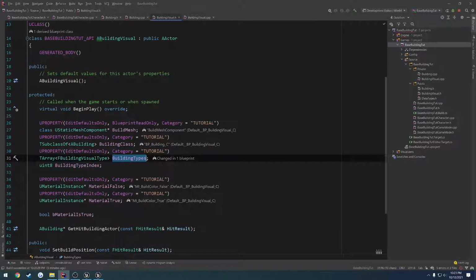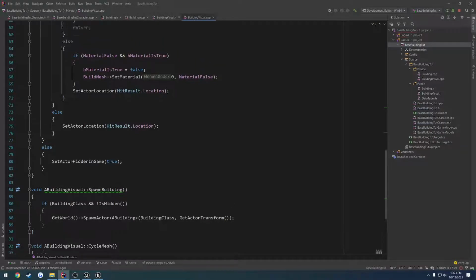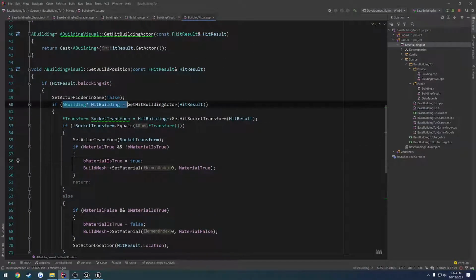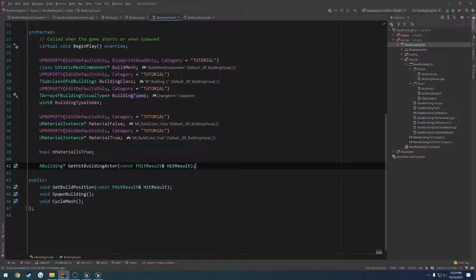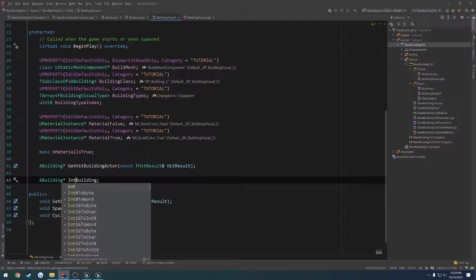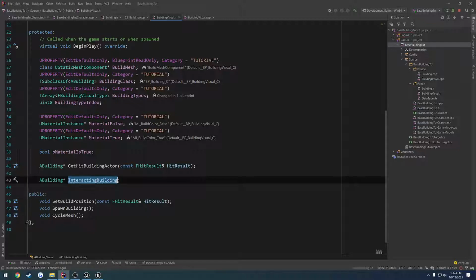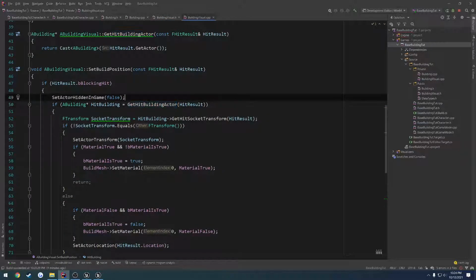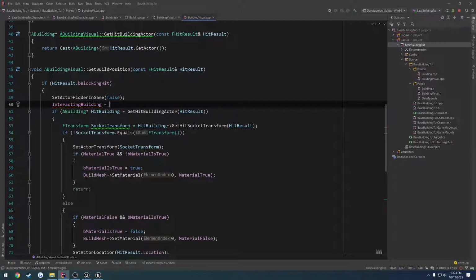All right. So to begin, we want to store the hit building that we are trying to access. This is going to be a way to tell whether or not we are actually able to interact with the building that's already placed. So we want to go ahead and copy that type, and I'm going to do mine down here. Let's just call it interacting building. So interacting building equals